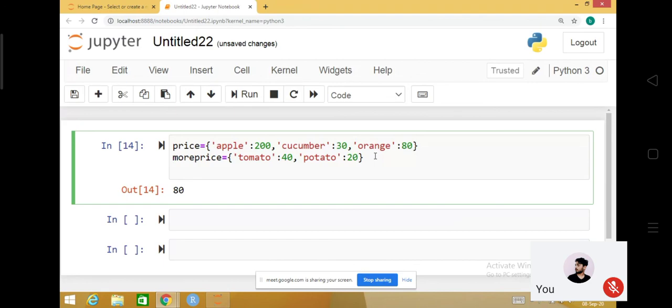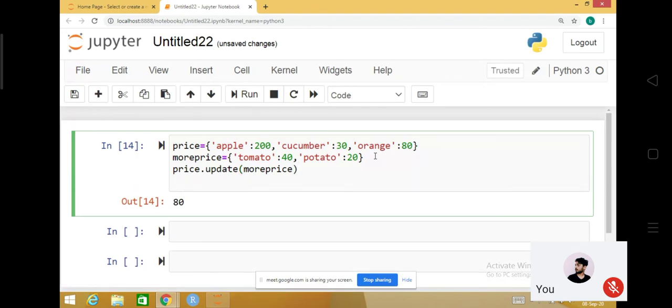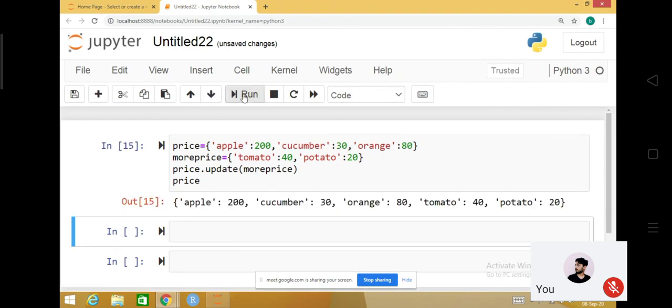But there is an option that you can do price dot update, and then take the value of more price. See, this way you can update.